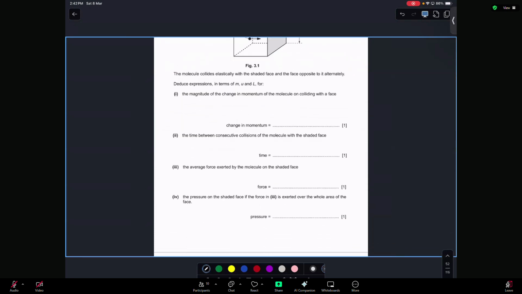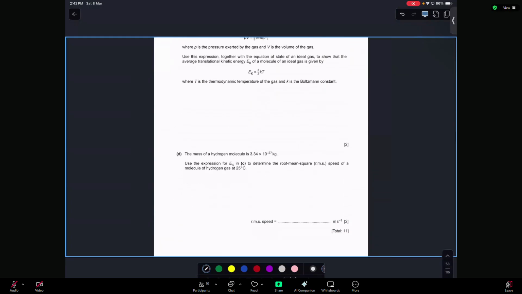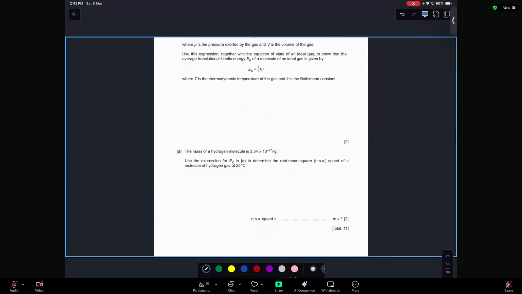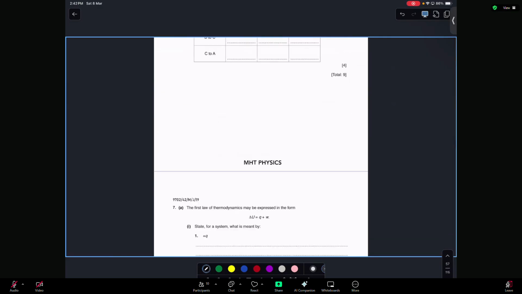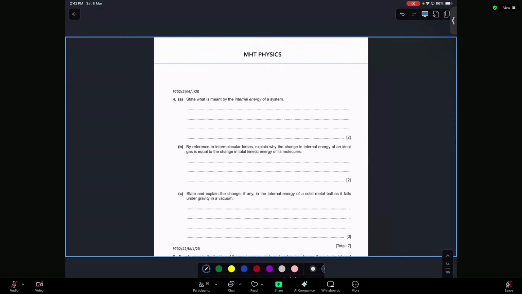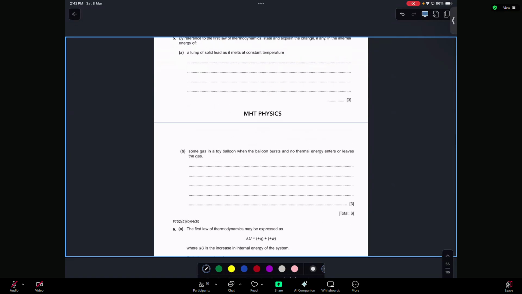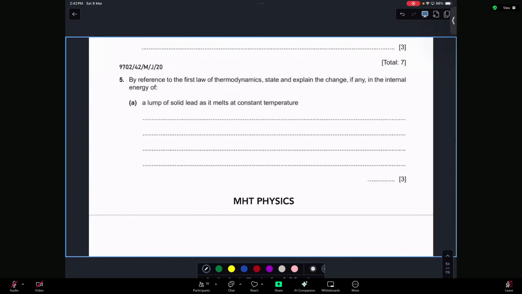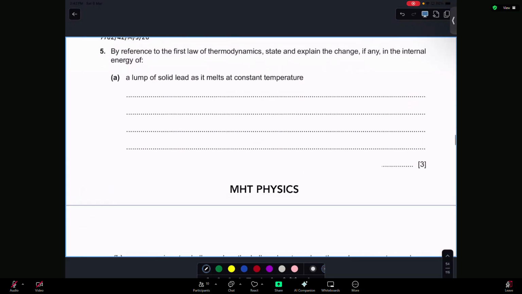আচ্ছা এটা পরে করবো ওই গ্যাস ল এর কোশ্চেন গুলো, সো জাস্ট থার্মাল গুলো করে নিয়ে আমি গ্যাস ল আজকেই স্টার্ট করবো। ইউর ওয়ান ইজ অলসো গ্যাস ল। 5B, no, not gas law, the balloon bursts when thermal energy leaves and enters the gas, ওটা। আচ্ছা এটা দেখো। 5, by reference to first, they actually mentioned that very clearly here, I hope they stick to it, by reference